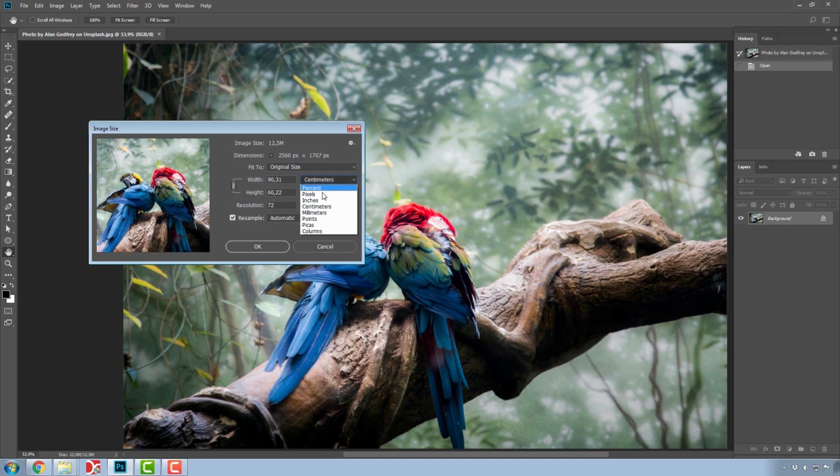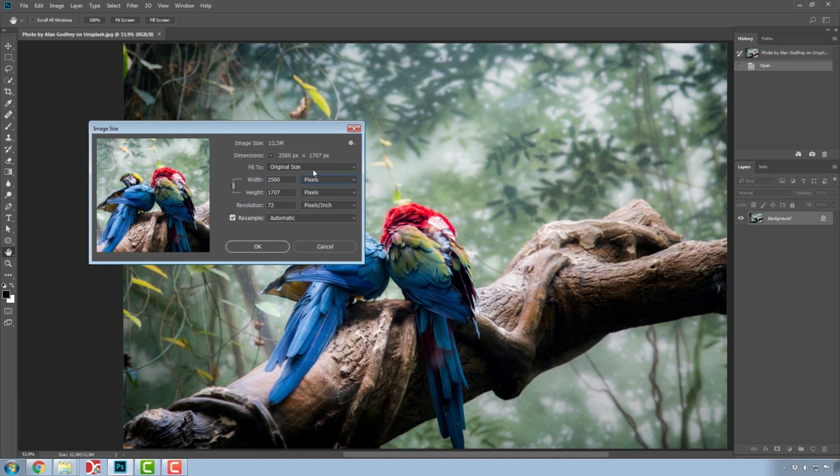The next thing to examine here is the unit of measure, which by default is in inches. However, the correct unit when resizing a photo is pixels, when the photo will be viewed on a computer display. If the photo is to be printed, though, then indeed we have to choose centimeters or inches, or the appropriate